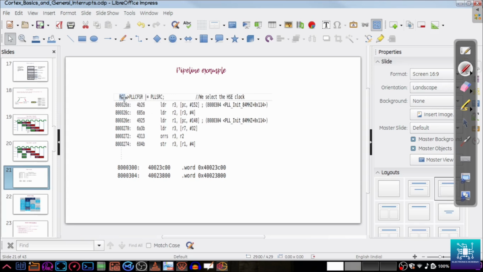This is the C instruction that we would be issuing, and when we look at the disassembly, these are the assembly instructions that the assembler would have generated for you. Now when you look at the disassembly, this is a load instruction, and it loads some value from a PC offset, that is, an offset of 152. This needs a little bit of explanation, because it is not as straightforward as it looks, and this hints